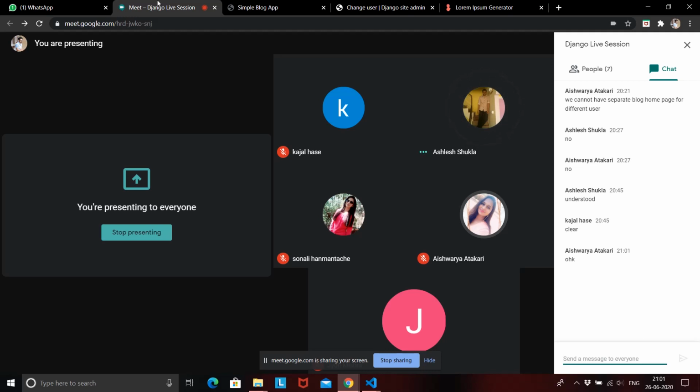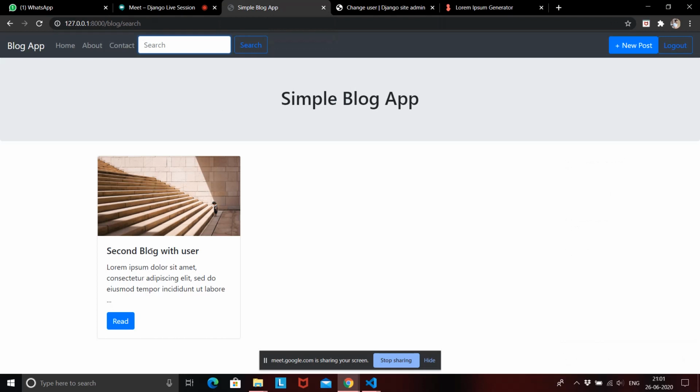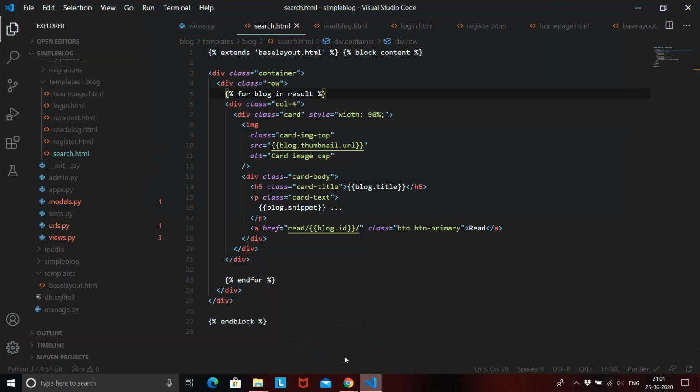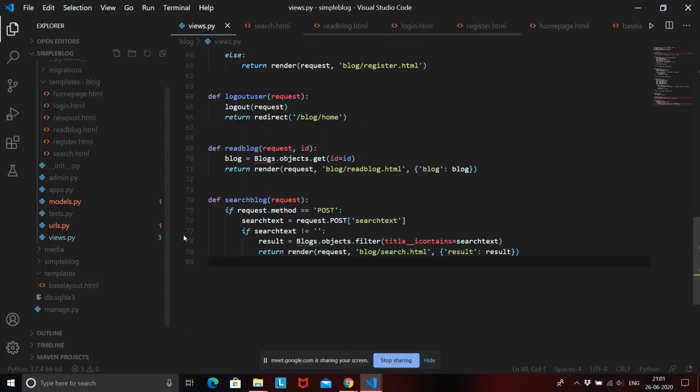So what we did over here is that we created the filter method on a title attribute. If you want to search for a particular keyword in the body, inside your filter method, which is over here in the views.py file, instead of title, just give body. Now whatever keyword you're typing, this filter method will check if the body contains that keyword, and then it will return the complete blog into this result.